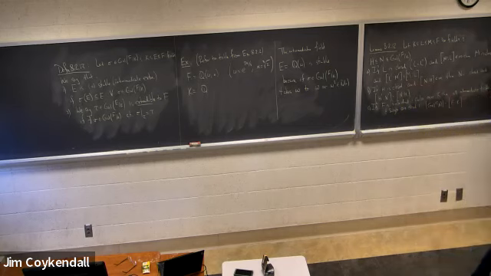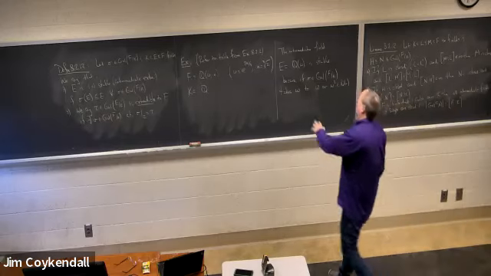So if you apply any automorphism of that big field, Q adjoined with omega and alpha, to this little intermediate field here,